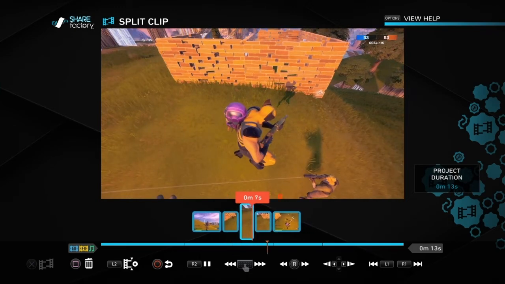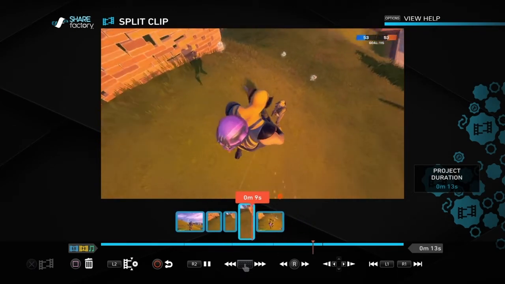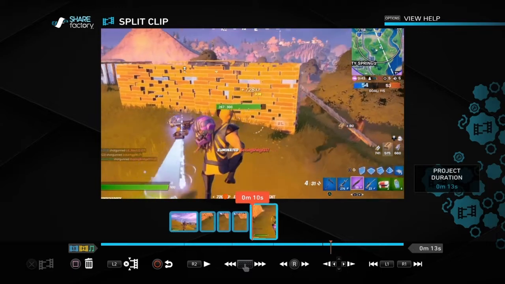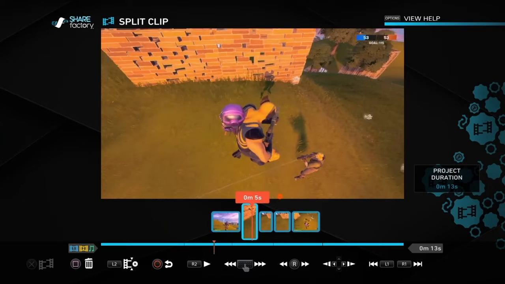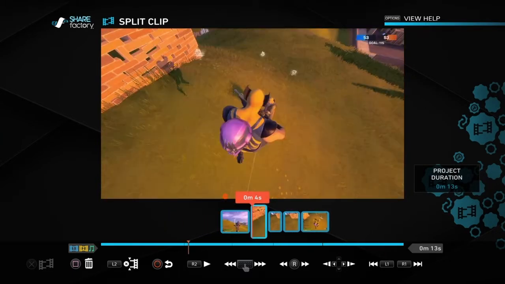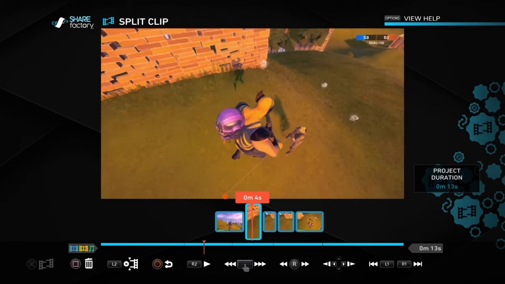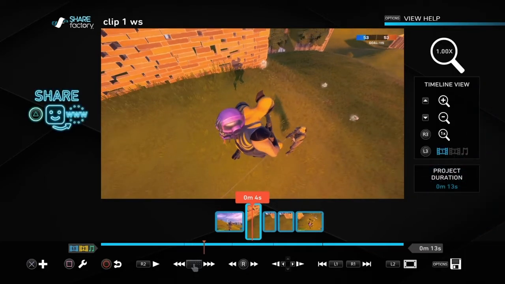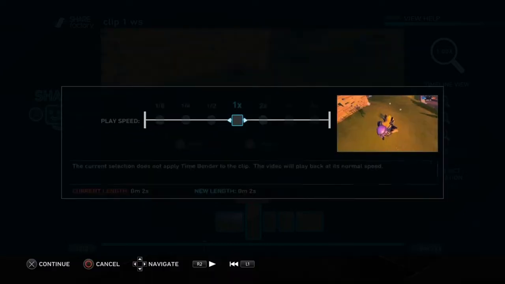Okay, so this is what it is looking like in real time. That pause in the middle is where we're going to put the writing, and the rest will be just rotated. So the little bit where the camera effect, the first camera effect is here, we're going to speed that up. So we're going to push the square button and go to time bender and go to